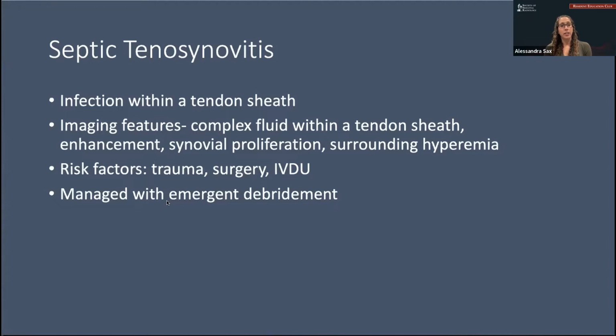So septic tenosynovitis is another one of our musculoskeletal emergencies. This is an infection within a tendon sheath, and this is going to be evidenced by complex fluid within that tendon sheath. And just like we saw with the septic arthritis, there's going to be a lot of enhancement surrounding that tendon sheath and surrounding hyperemia, which again is out of proportion to what you would expect just for a post-traumatic or overuse tenosynovitis. And this is also managed with emergent debridement. Risk factors here are trauma, as in our case, surgery, and then IV drug use. I guess those could all be considered trauma, but